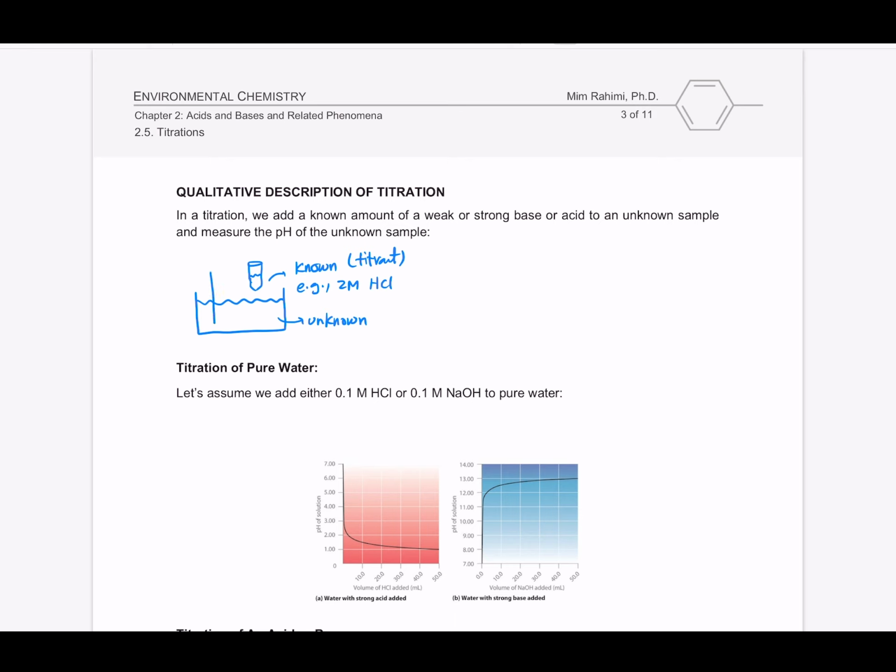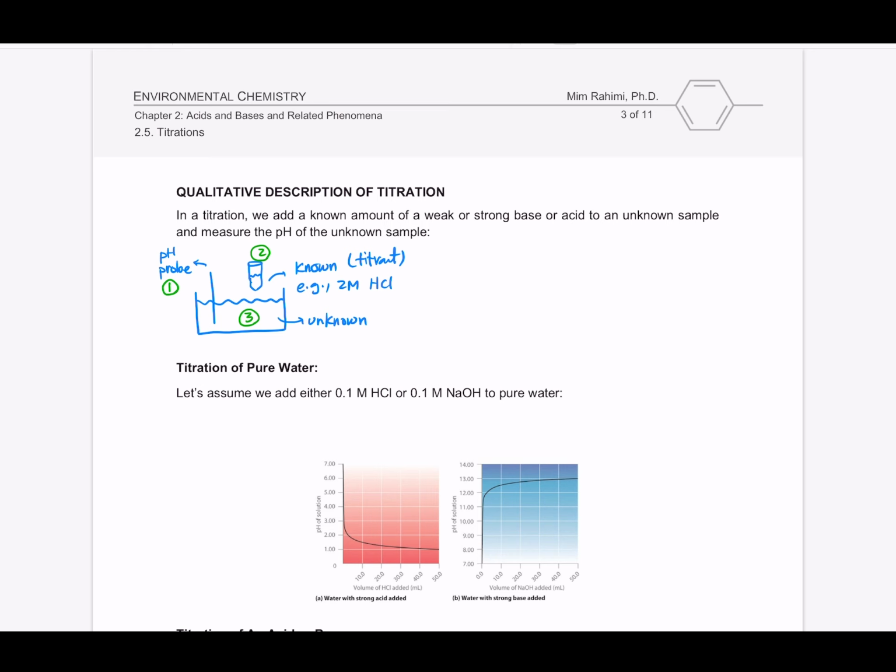So basically, we have a pH probe that is measuring as a function of how much we added of the titrant to the unknown, as a function of time, which, because we're dealing with equilibrium, is basically as a function of how much was added. So more specifically, if we call this one the pH probe part 1, this one 2, and the unknown 3,